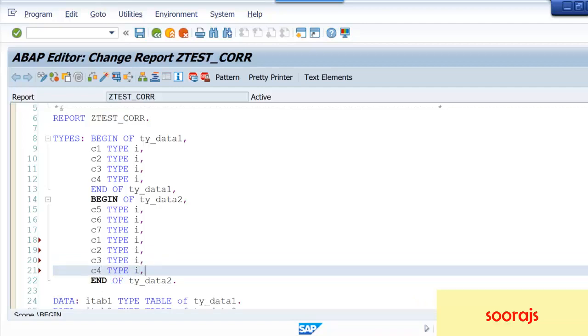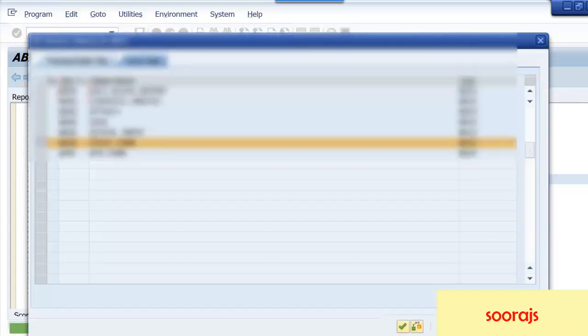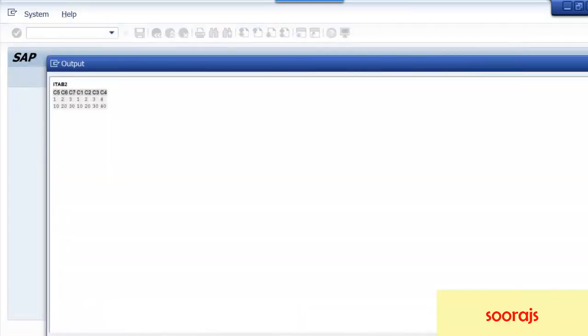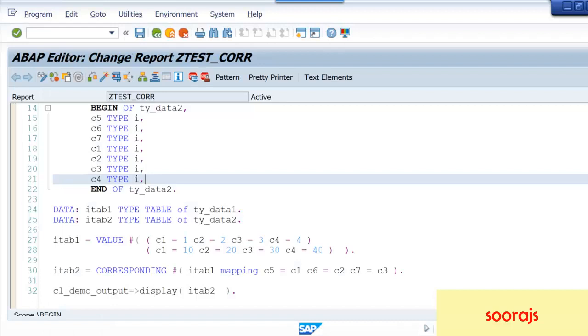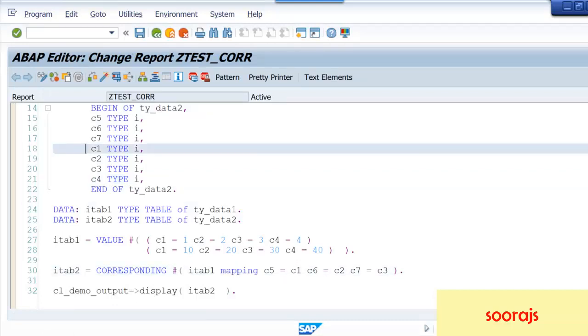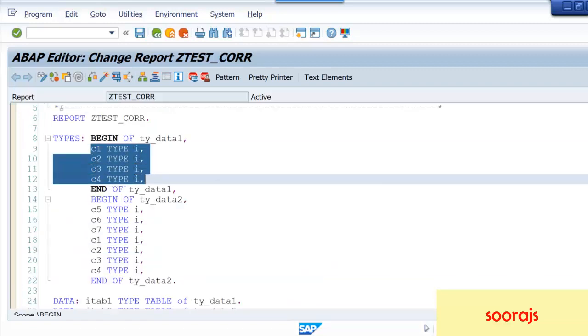So these are the variations of using this CORRESPONDING keyword. Now let me activate this. So what will it map? It will map everything, right? Because C1, C2, C3, C4 are there in itab1 also. So even if you don't specify the MAPPING keyword, it is going to map all these fields with the fields which are there in itab1.